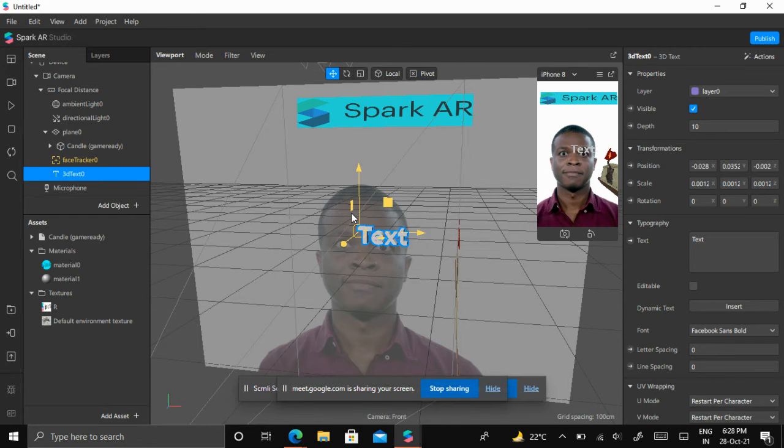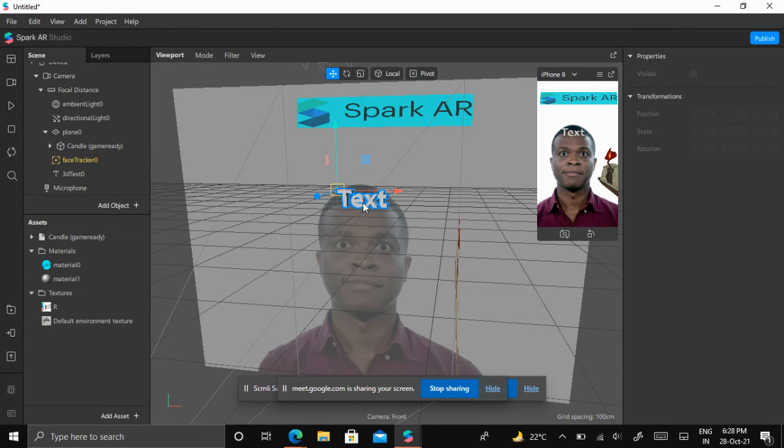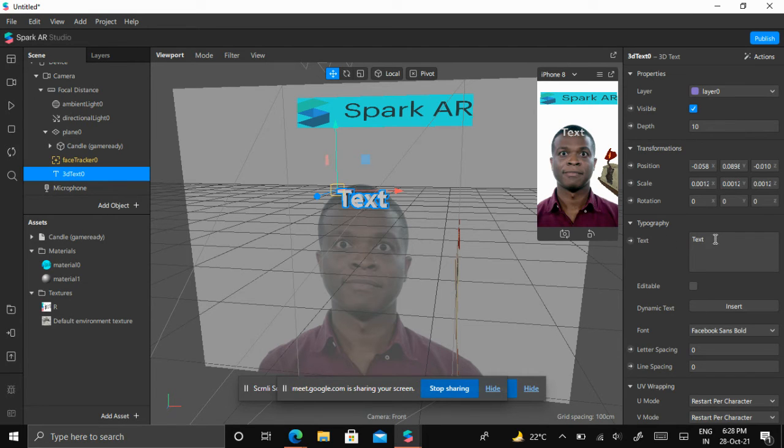So we can see this. We can position it anywhere we want. This is a Diwali hackathon, so I'll be changing the text to Happy Diwali to everyone. I'll be clicking on the 3D text, and we can change the text to Happy Diwali. I can also position this one in the center of the person, at the head. Okay.